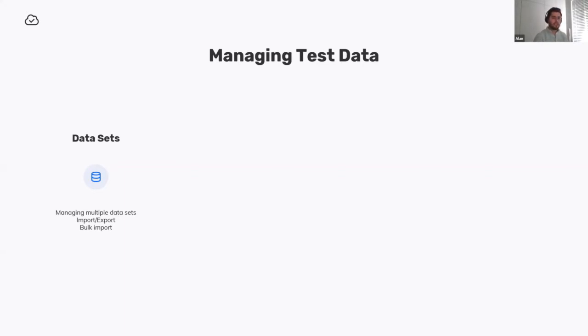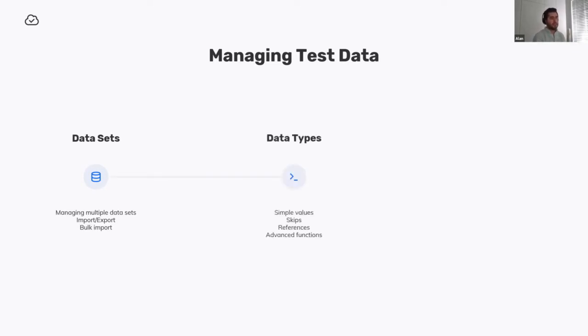We recently introduced a new feature, which is called the bulk import, which gives you the ability to import, as its name says, a bulk collection of Excel files in case you want to manage all your data in Excel with the use of sheets. We have introduced the feature that you can import everything in bulk and you can create multiple data sets in one single click. So that's a very interesting feature we published in our last release. So I'm going to be showing that to you.